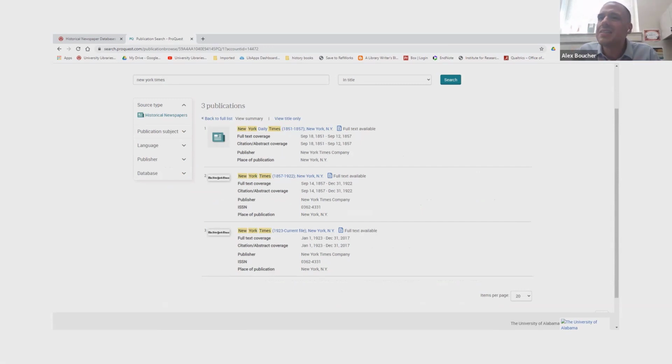There's a continuation of this database called ProQuest Newspapers, which has a lot of the same newspaper titles from around 2000 through the current day. You can also find that on our databases page. But this example is just New York Times, and we have it from 1857 through, this says 2017. I thought that was more of ProQuest Newspapers coverage, but it goes to at least the end of the 2000s.